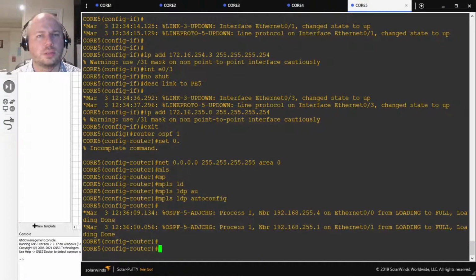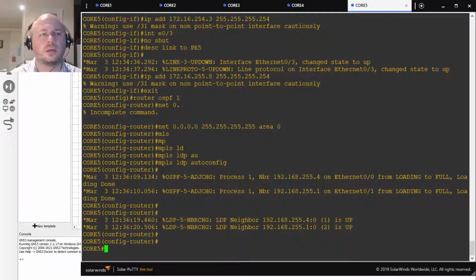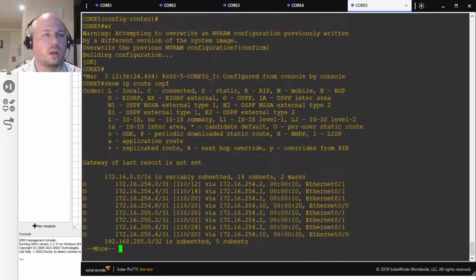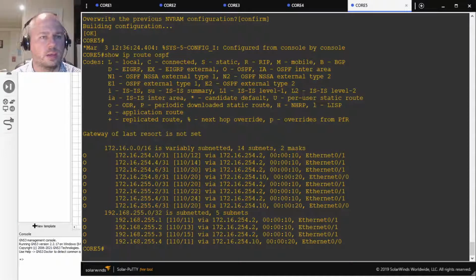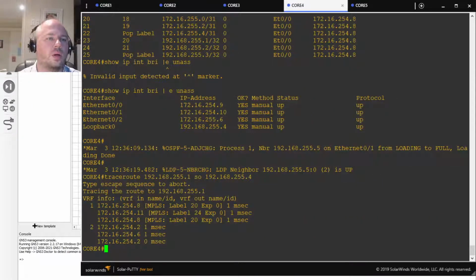And there's the LDPs. Right, okay, so now this will be interesting. Let's go core 4. Okay, so